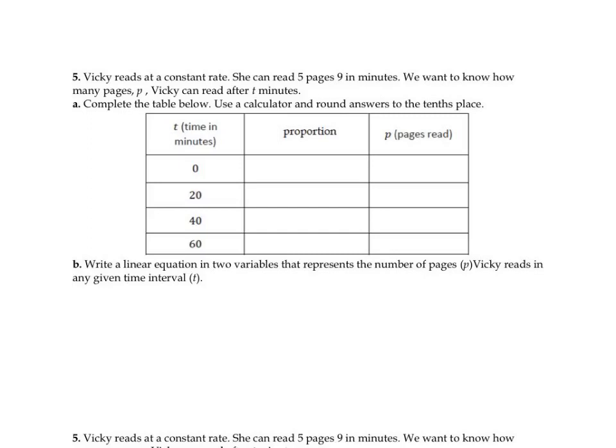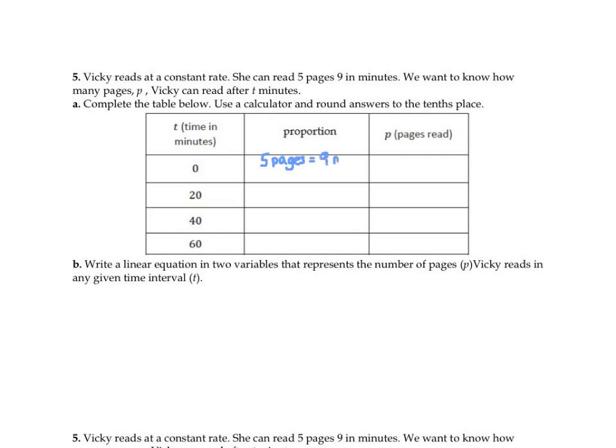And so we're going to look on the back. It says Vicky reads at a constant rate. She can read 5 pages in 9 minutes. We want to know how many pages P Vicky can read after T minutes, and we're going to complete the table. So if we know that she's reading 5 pages